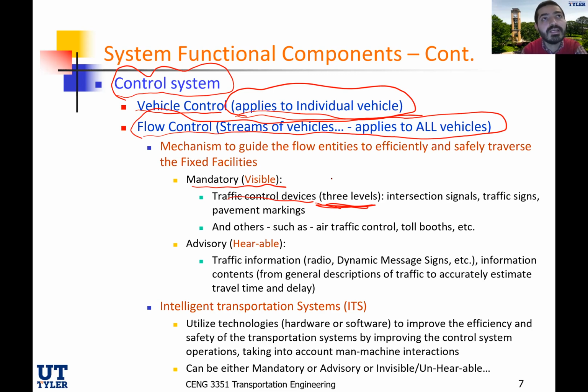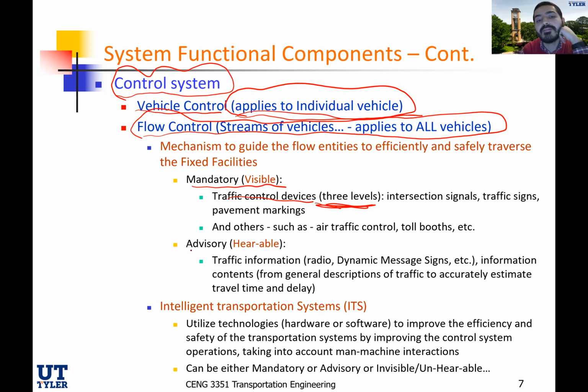The first level is all the little intersections in our neighborhoods. There is no signal, not even a stop sign or yield sign. It's just the rules of the road, as we say. This is the first level. Second level, controlling an intersection using a yield sign or a stop sign. And the third level, of course, is using traffic signals.